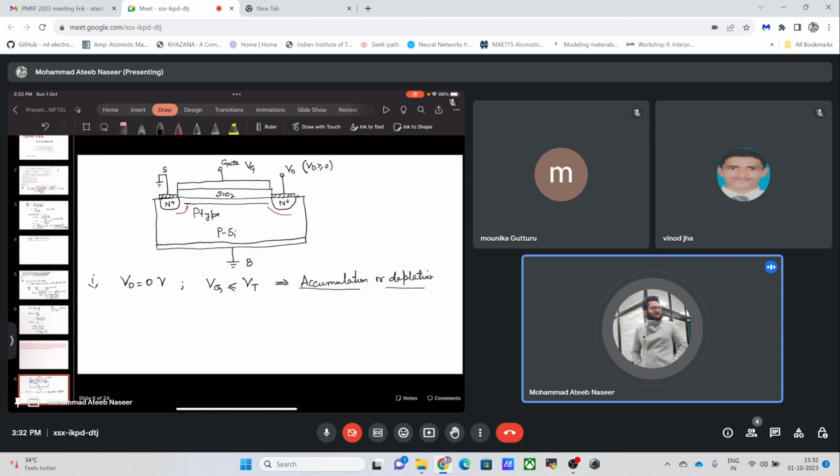Accumulation would mean that there will be holes in majority at this interface, and depletion would mean that we are just trying to repel these holes, and till now the concentration of electrons is not equal to the bulk density of the holes. So rather the electron concentration is less than the bulk concentration of the holes. As a result,